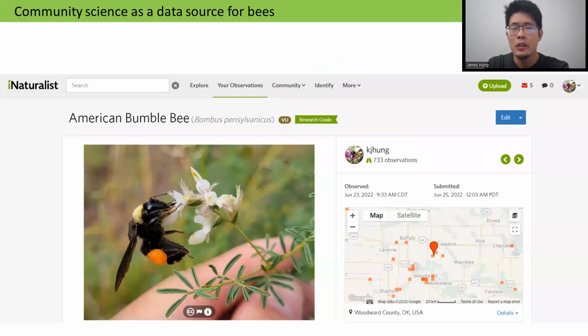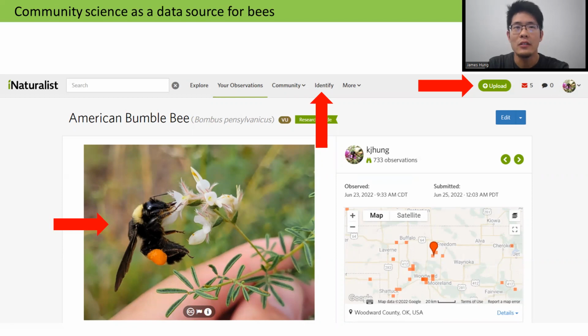And this is why community science platforms like iNaturalist are such a boon to us. For those who don't know, iNaturalist is a community science platform that allows anyone to take a photo of an organism in the wild, upload it, and anyone in the world who knows the identity of the organism can contribute an identification. The platform then keeps a database of all the observations that have been uploaded to it and their